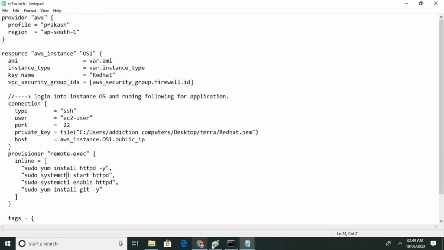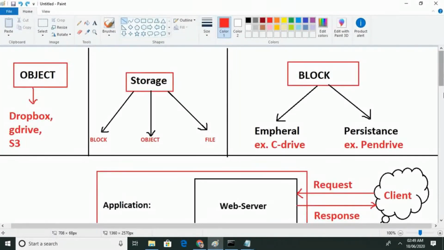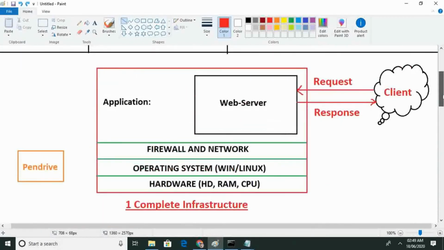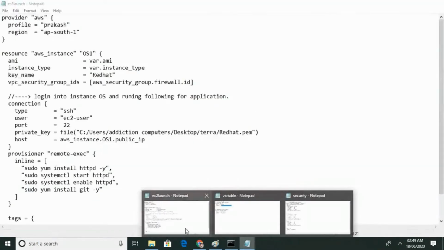Like I have told you that we had done the hard disk, and here the application. So we have to first install this application, then only we can run our web server.